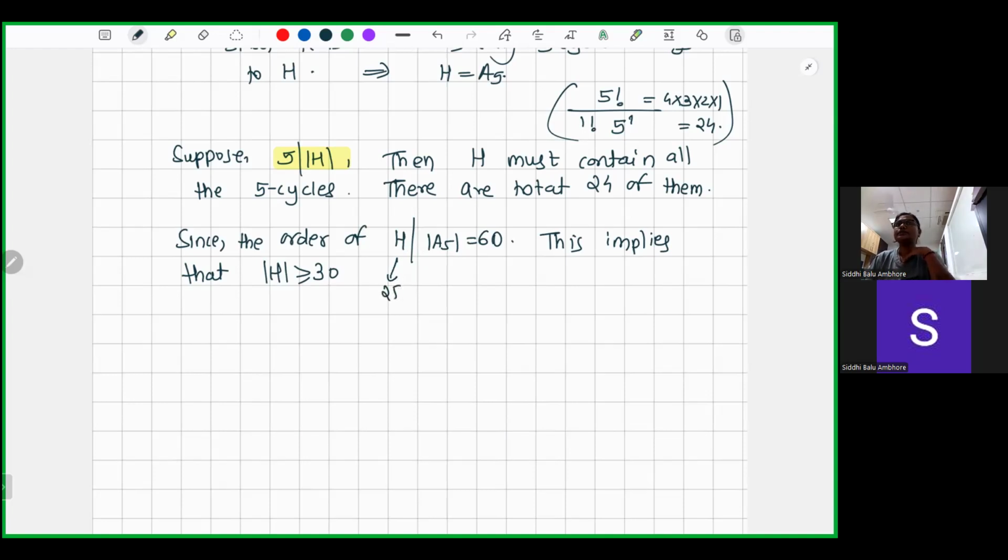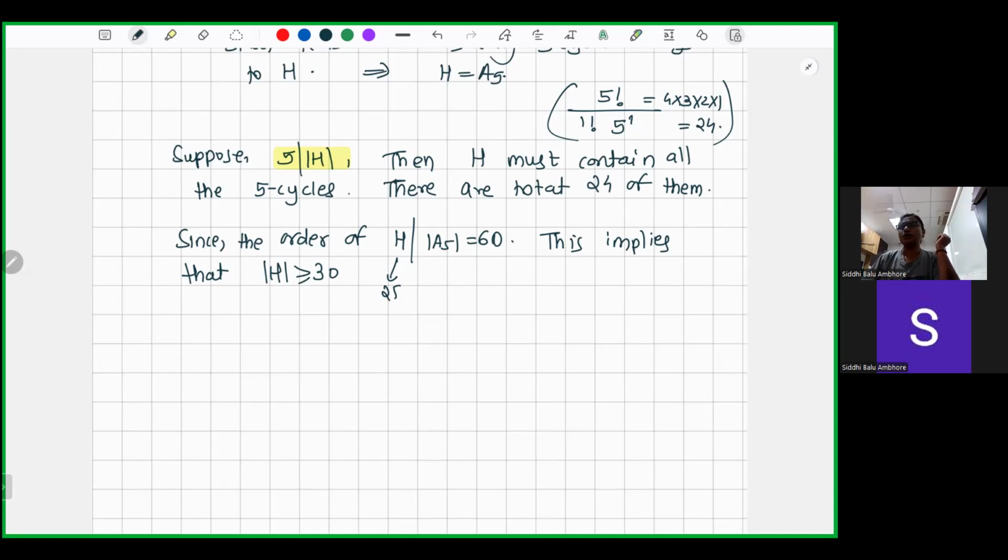Which divides 60. Because 5-cycles plus the identity will at least be there, and there are a few more elements. Identity is not a 5-cycle. So 5-cycles are there, there are 25 of them, and then the identity will be there. So at least 25 elements. And since the order of H divides 60,